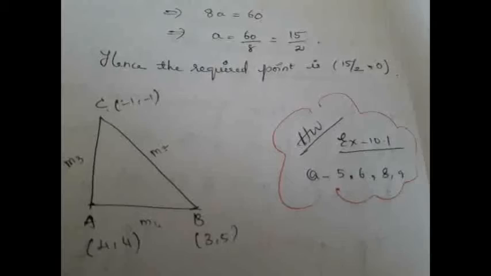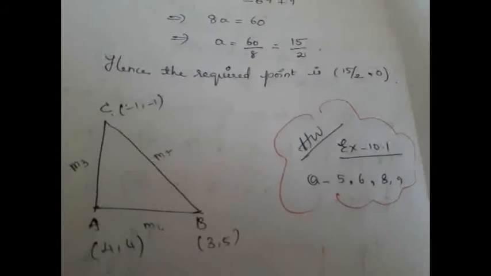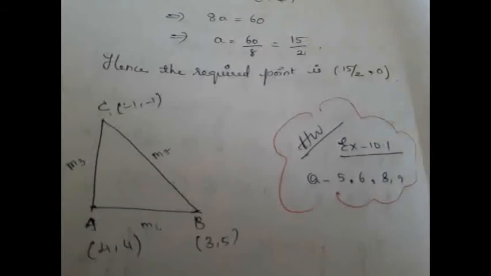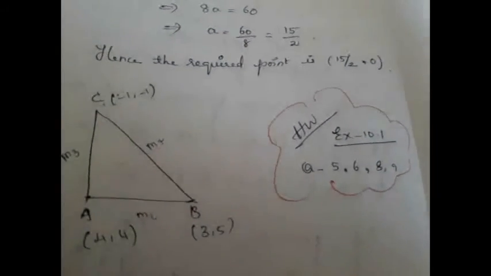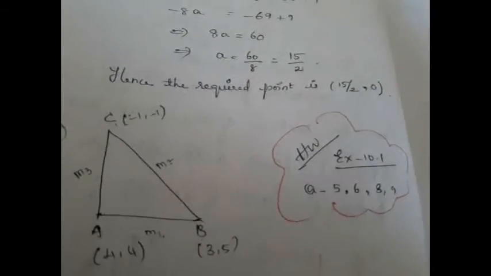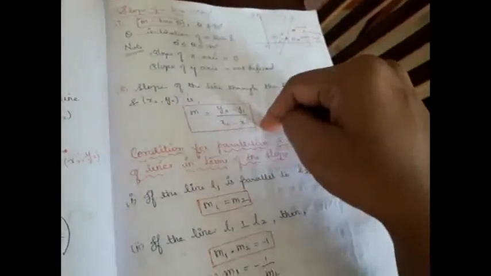So in today's class, what are all the things we have learnt? We have started learning about straight lines, and we brushed up the concepts which we learnt in our previous classes, like distance formula, section formula, midpoint formula, then area of a triangle and the condition for collinearity, and then we have learnt the main concept called slope of a straight line. How to find the slope in 2 ways when we know the inclination and when we know 2 points which lie on the line, and the condition for parallelism, perpendicularity, and then how to find the angle between 2 lines, and the condition for collinearity when you know the slope. So these are all the things we learnt.